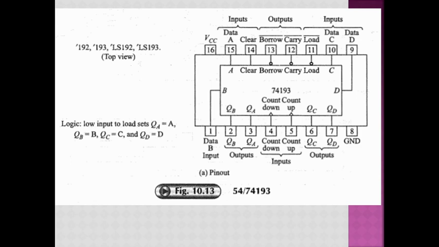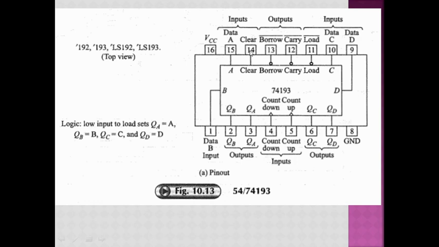So actually the flip-flops are triggered with the negative edge, but that negative edge comes from the positive edge of the external system clock. So on a positive edge of the system clock, the flip-flops are going to toggle. That is shown by only an arrow without a bubble. Here you can see that. So if you want to operate in count up mode, the system clock should be given to pin number 5, and if you want to operate in countdown mode, then it should be given to pin number 4.